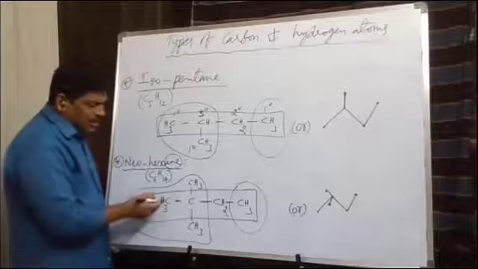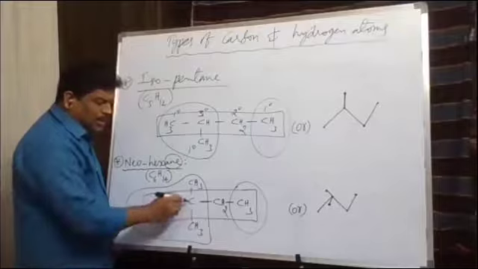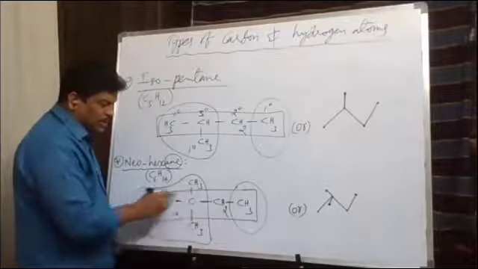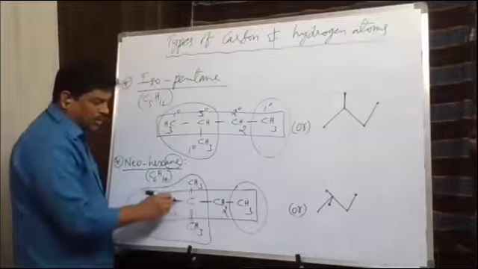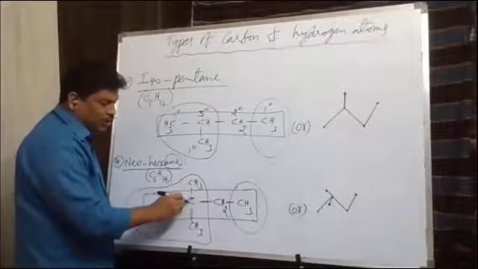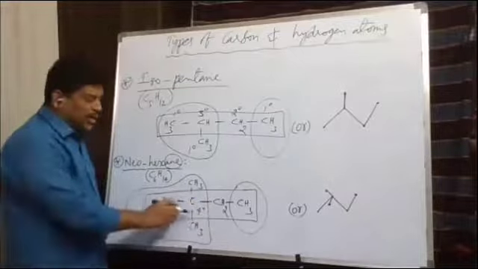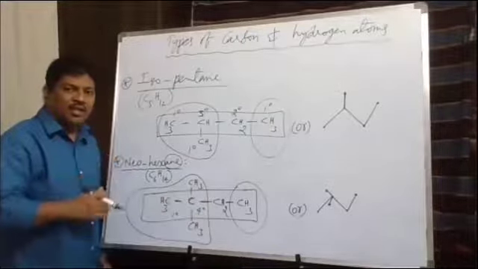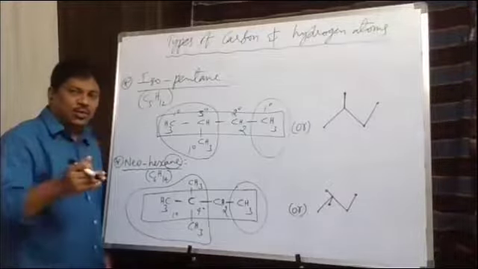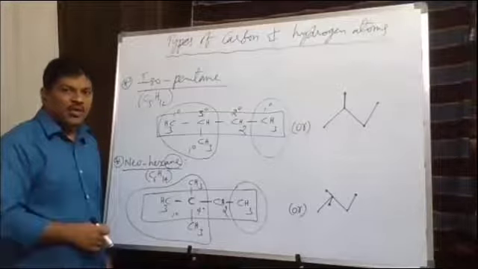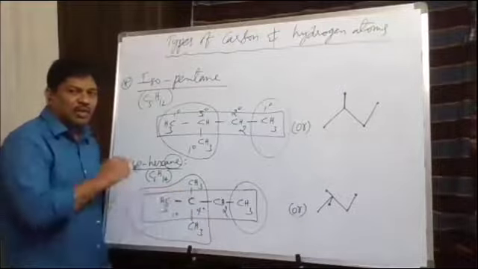In this case, this carbon is directly attached to only one carbon, so it is a 1 degree carbon. This carbon is attached to how many other carbons? You check it. Around it, 1, 2, 3, 4 carbons. So this carbon is attached directly to 4 other carbons, so it should be called a 4 degree carbon atom. This 4 degree carbon is nothing but quaternary. A quaternary carbon is the carbon which is attached to 4 other carbons directly in the given organic structure. So this carbon is called a quaternary carbon or 4 degree carbon.